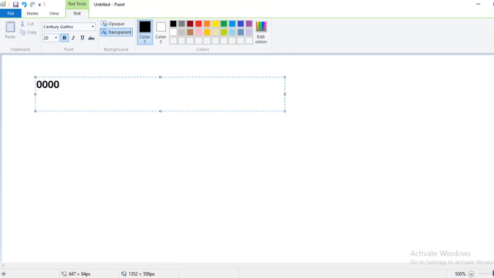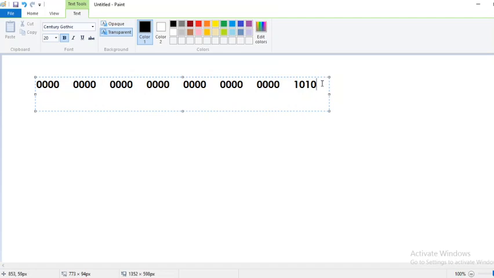This is the first sequence. These are the 28 zeros. After that I will place 1010. So this is my original number, that is 10, which I am placing in i.